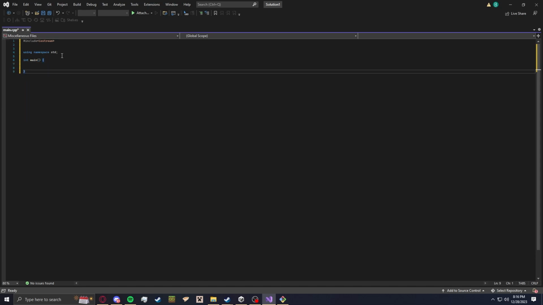So to describe what all this is, this is the namespace you're going to be using. It's kind of like a library. It allows you to access all the standard libraries. So we're making this as if we are making something for the standard library. An example is string. So if we want to do something like string name, right,